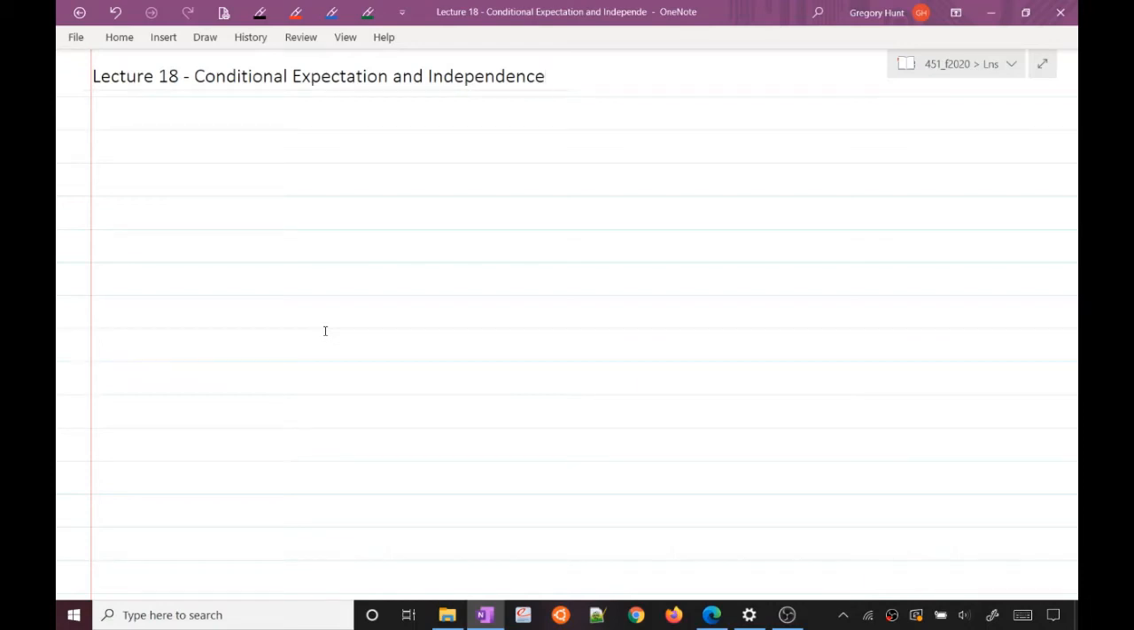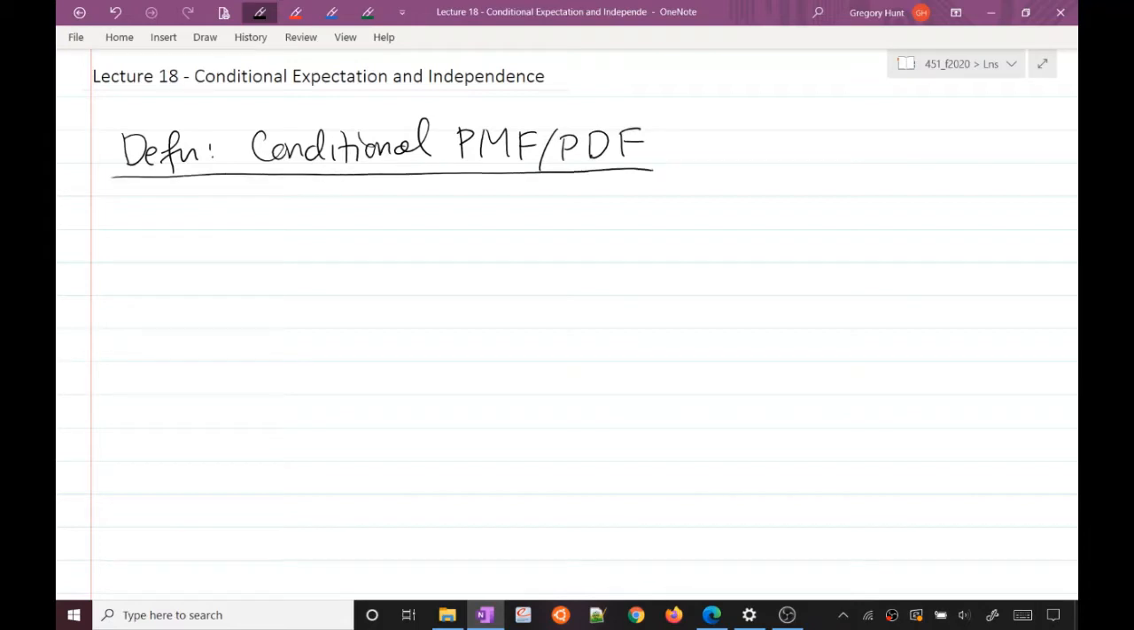So last lecture we talked about conditional PMFs and PDFs. So let's do a real quick recap of conditional PMFs and PDFs. Our definition of a conditional PMF or PDF: PMF in the case where we have discrete random variables, and PDF when we have continuous, is that given